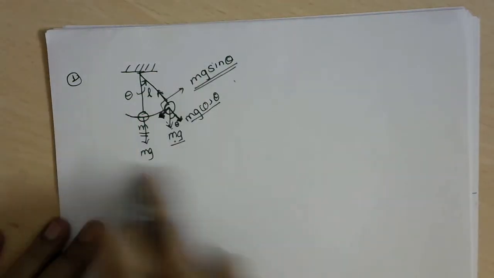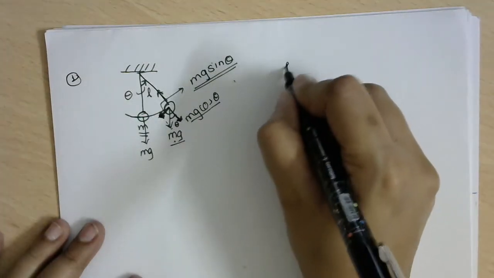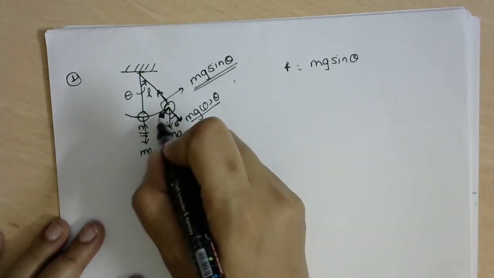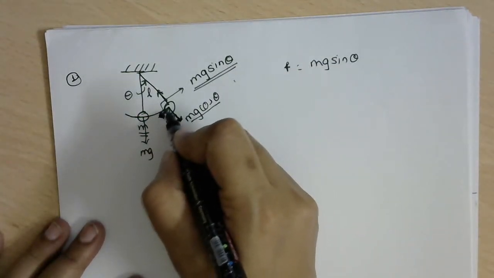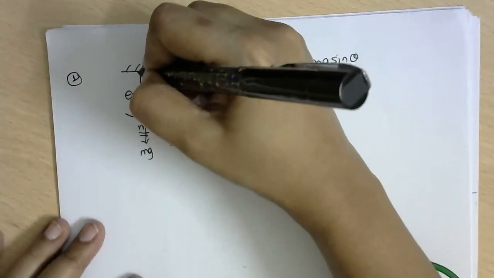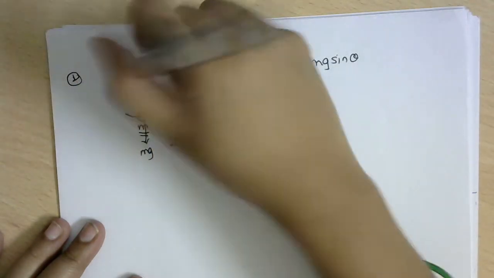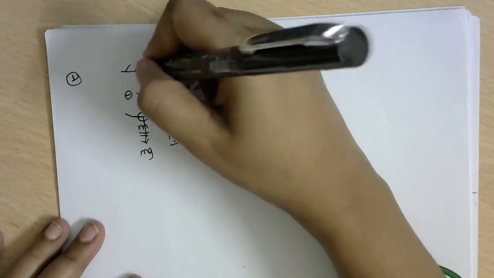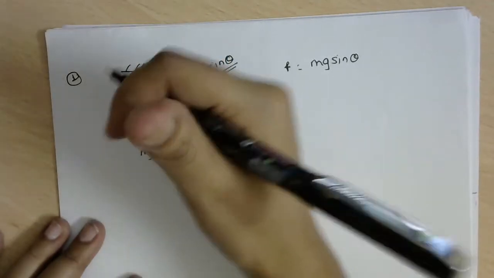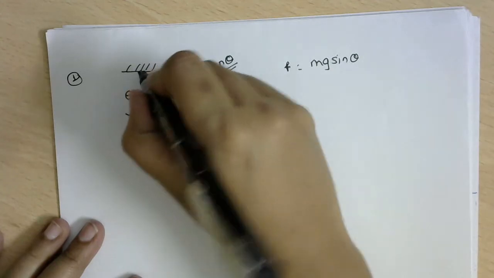So in that case, we'll be saying that this is the unbalanced force. Unbalanced force is equal to mg sine theta in this direction. Now let me take the torque which is caused because of this unbalanced force about this point. Let me take the moment of this force about this axis, which is outward, perpendicular to the plane, and passing through this fixed point.